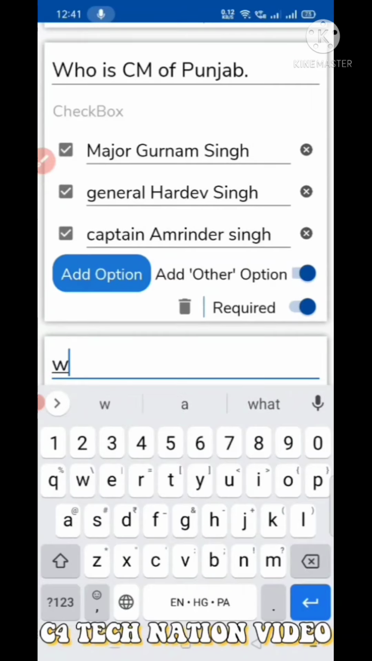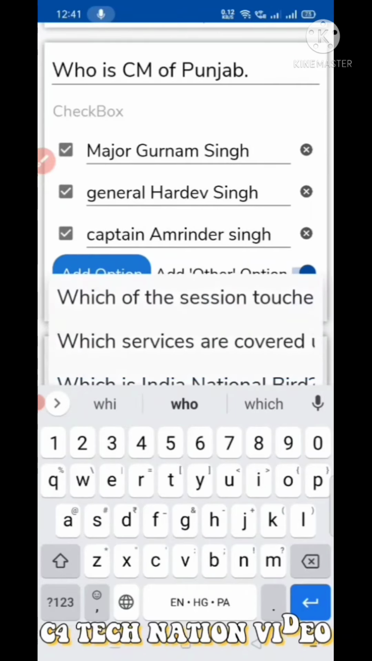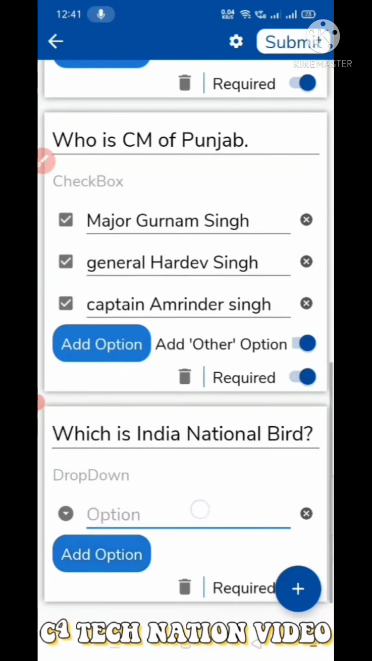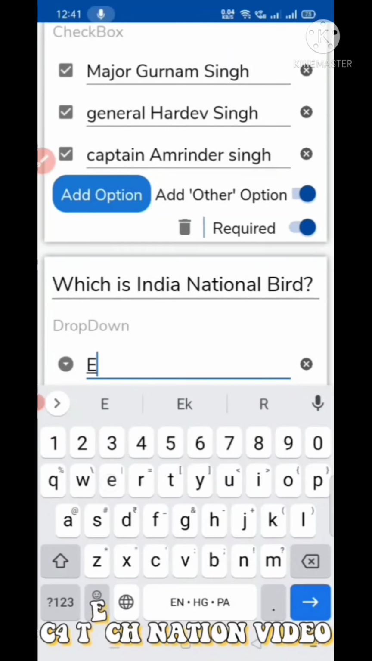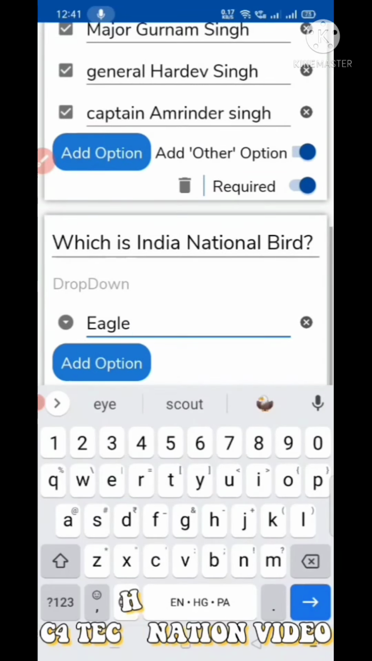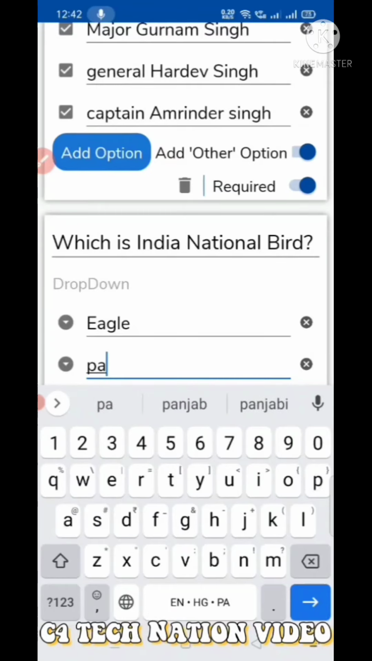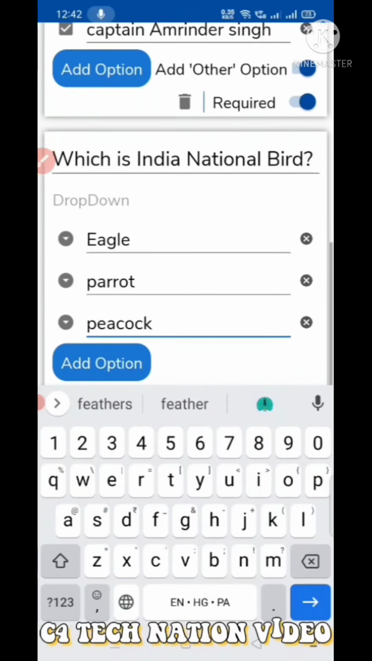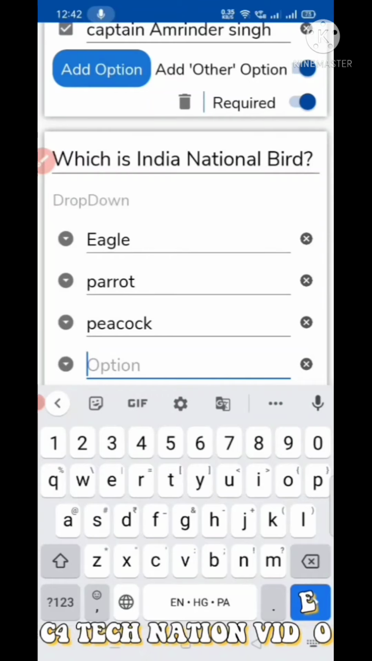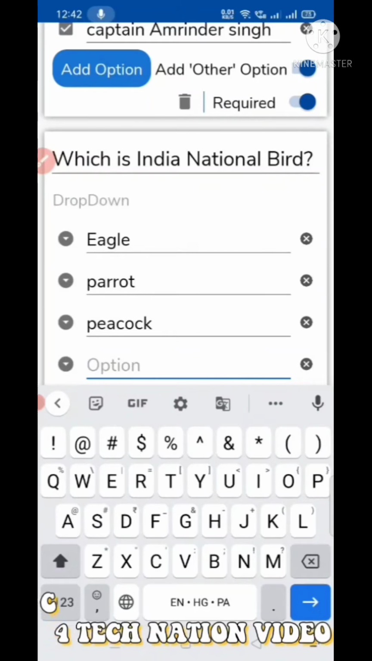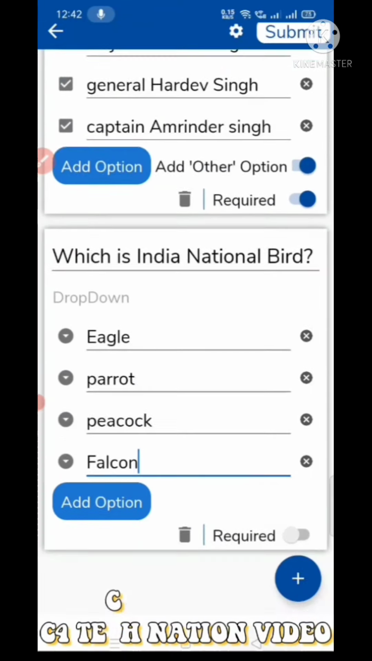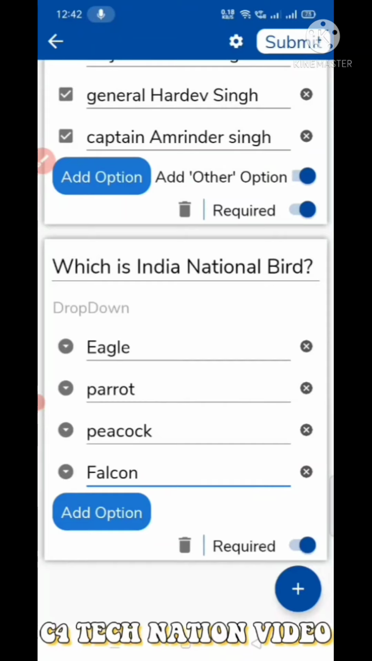Write a question. Which is India's national bird? Then add option. Eagle. Add another option. Parrot. Add another option. Peacock, or you can write another option, falcon. Then required, yes. Again press on the plus sign,